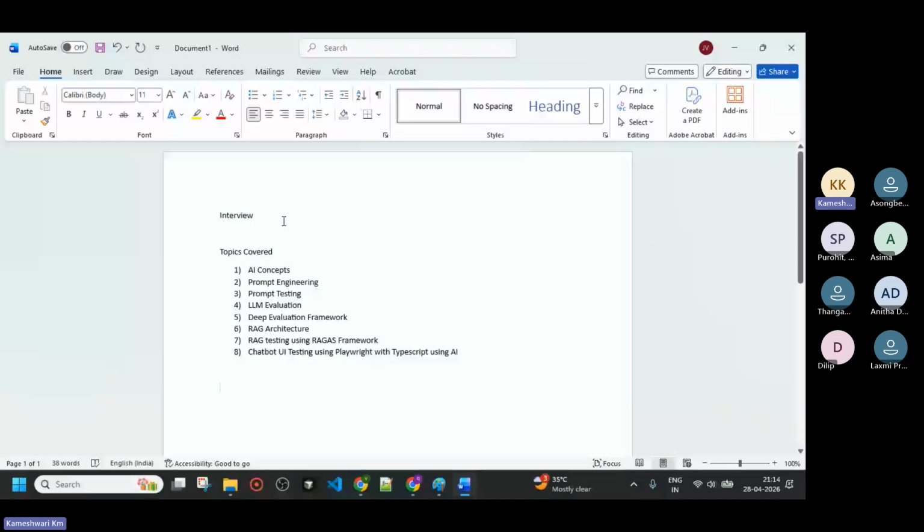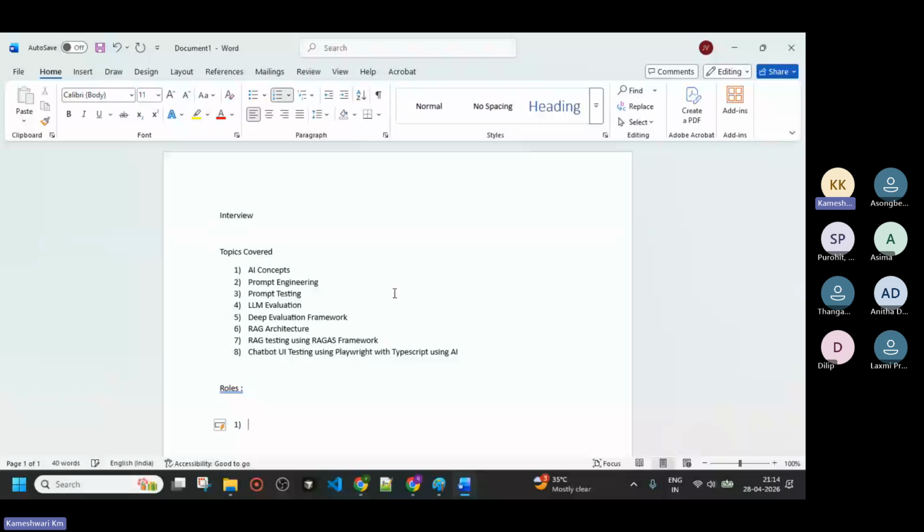And in this, mostly 90% is a market-relevant skill set you have learned till 2026. These are the trending topics where, if you want to go for interviews, it will suffice to provide the answers so you can crack the interviews. Like what kind of roles you can look into.